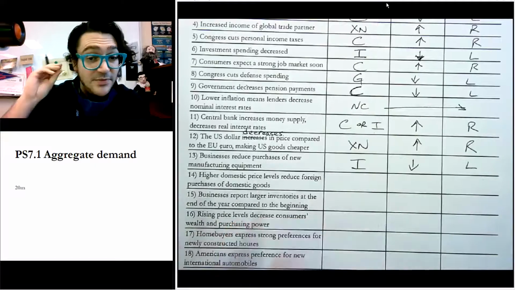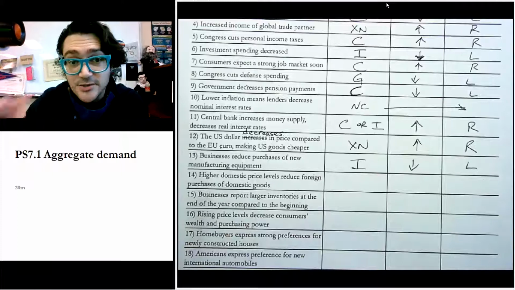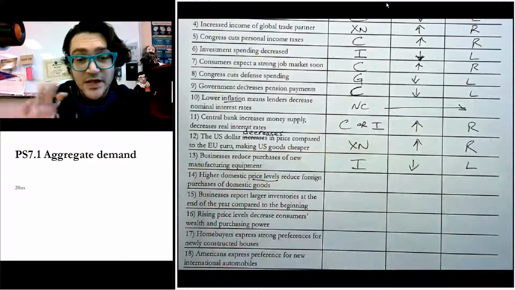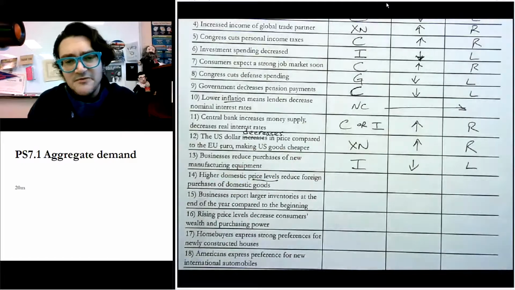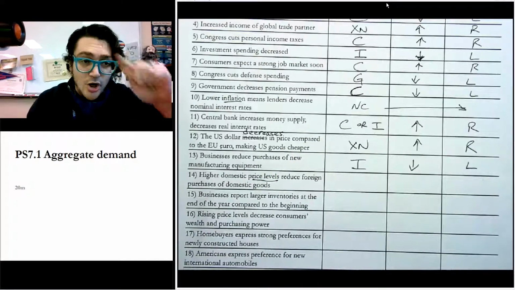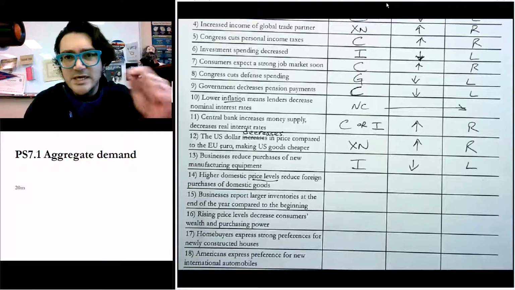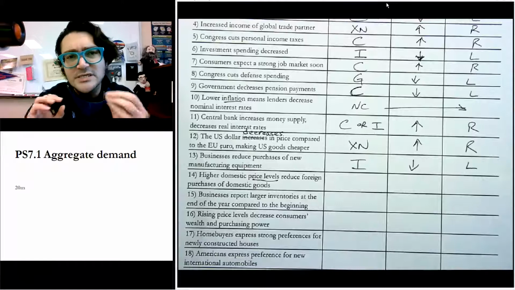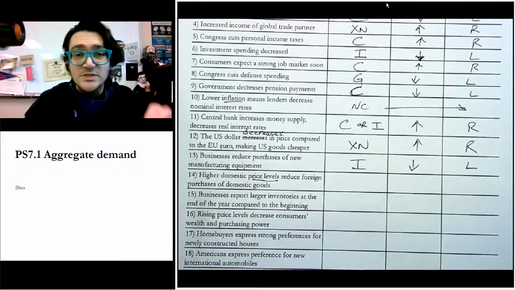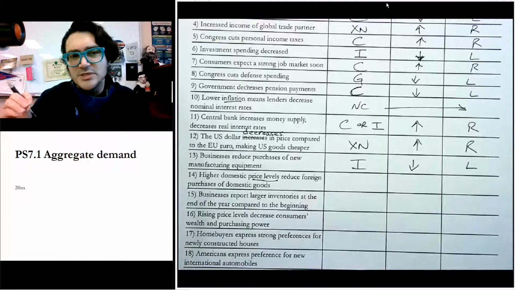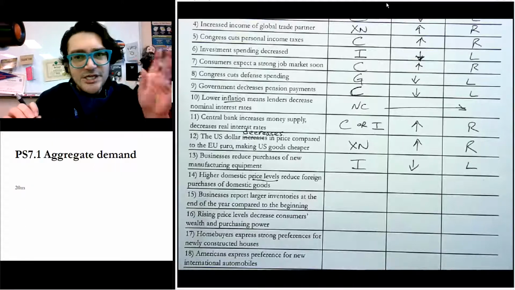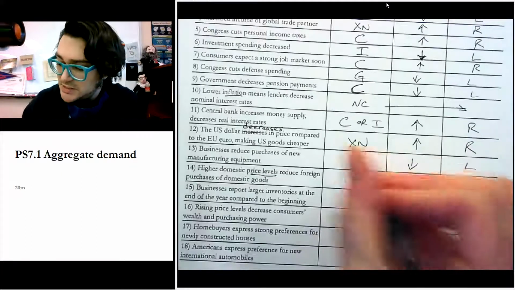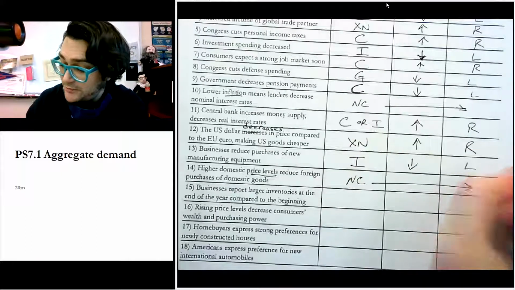Higher domestic price levels. All right, that right there keys us in. We started with inflation, right? If we start with a prompt about inflation, then that's going to affect the movement along the curve. If anything starts with price levels or inflation in that way, it's almost always just going to move us along the curve. Because remember, aggregate demand is the relationship of price levels and quantity of purchases going on. And if we change price, price doesn't shift the curve. So price levels don't shift the curve. And so this one is no change, and moving over.